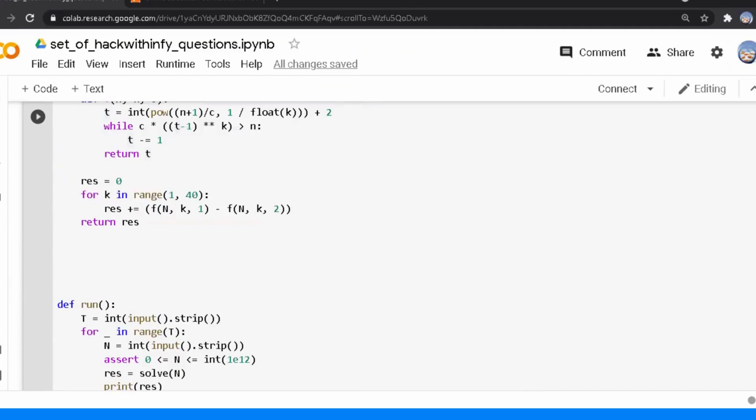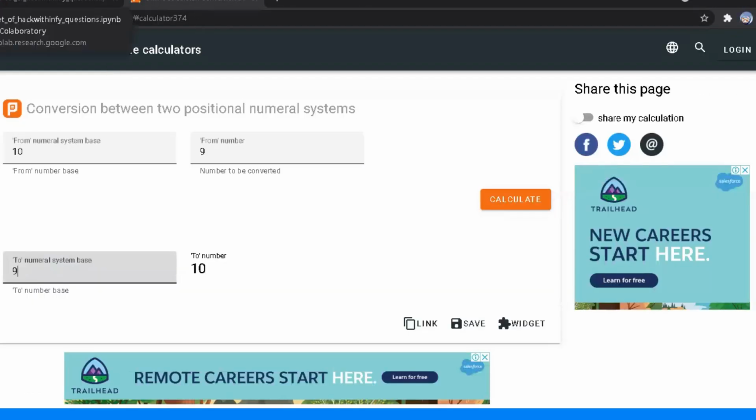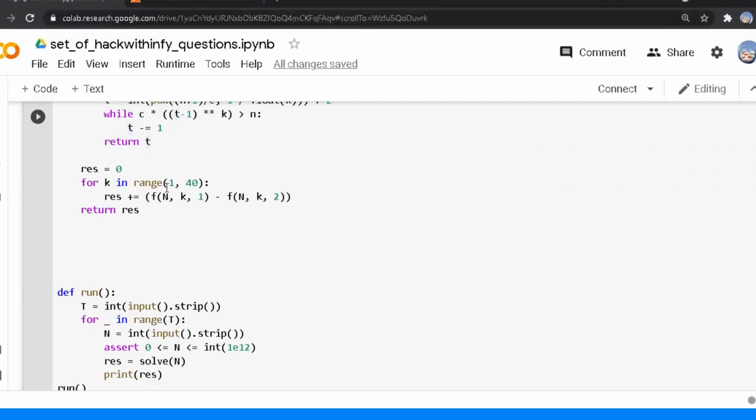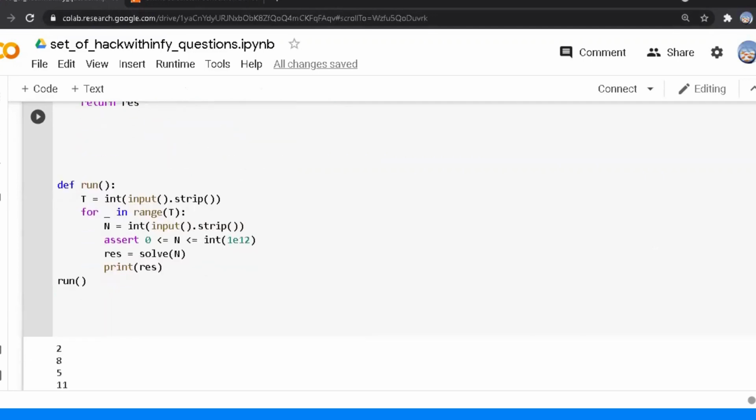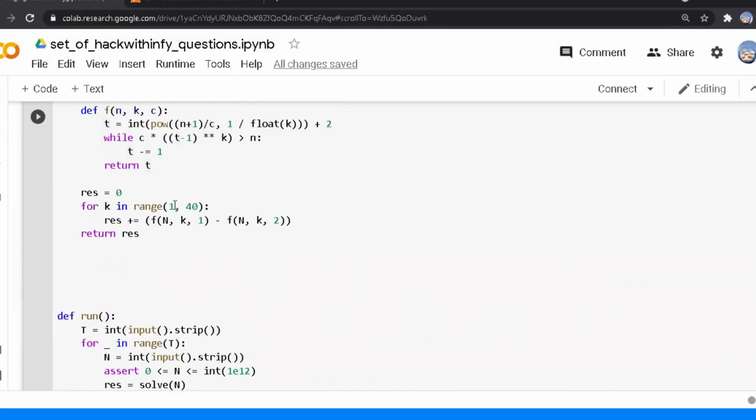That's why here we used the calculator. But in this function, if you apply, we can get the answer. Here k range is given as 1 to 40 because it is valid up to 36 only.